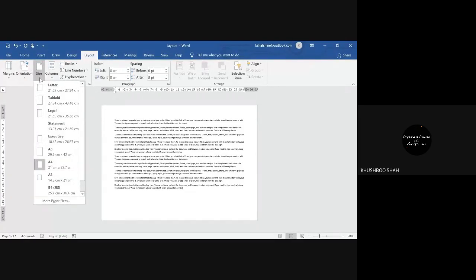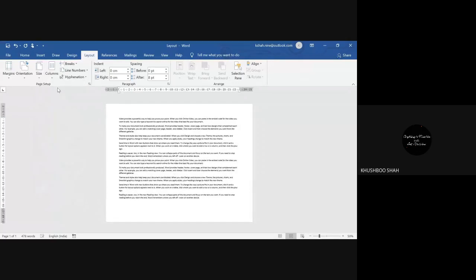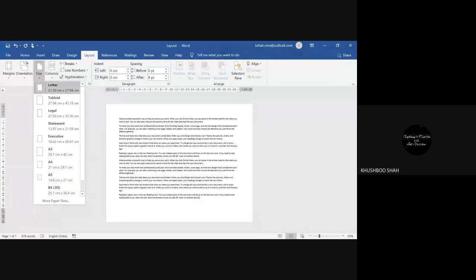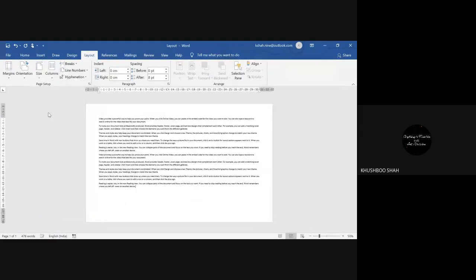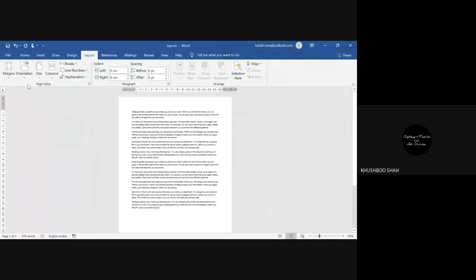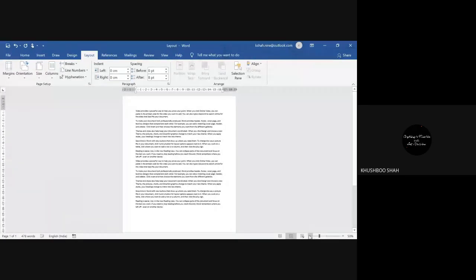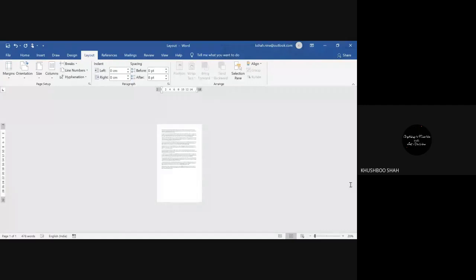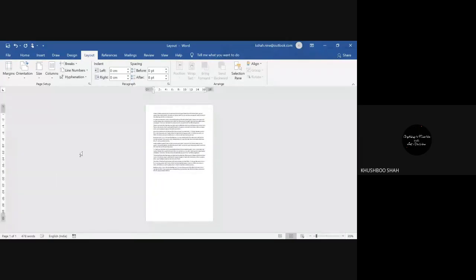This is very important when you are going to print your document, because the standard printing page size is A4, right? By default you'll find A4, but suppose you want letter size, or suppose you want to print the content on a legal page. Let me keep it portrait, so you can notice the change in size.